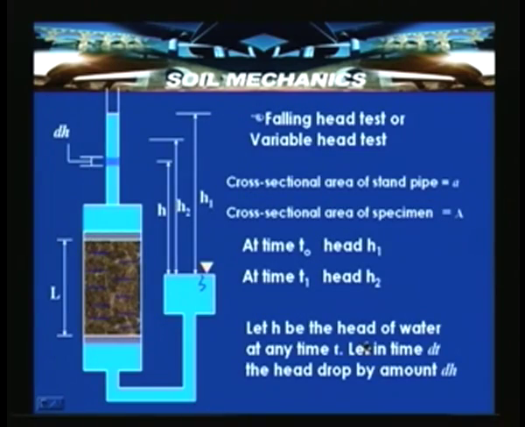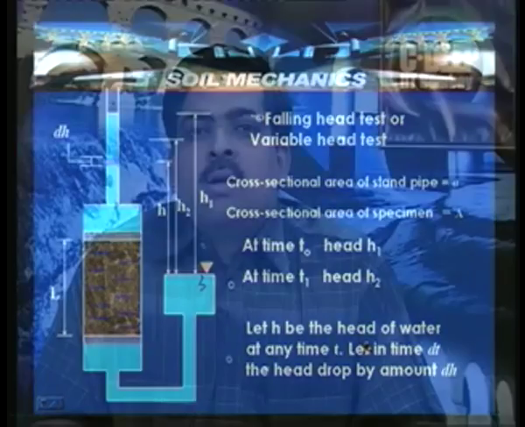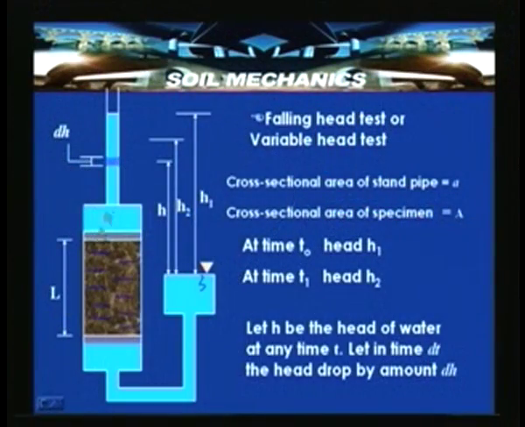Having seen the constant head test for determining the permeability of coarse grained soils in the laboratory, let us look into the variable head or falling head test method. Here, this particular arrangement which is shown has a soil sample which is relatively impervious, a clay soil sample placed at a certain unit weight and water content and surrounded by